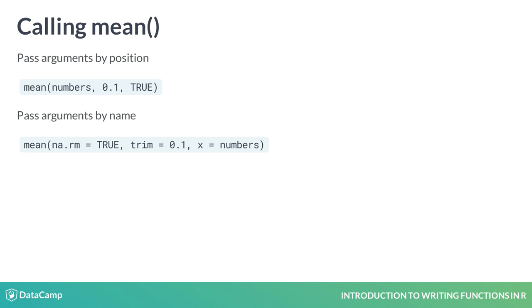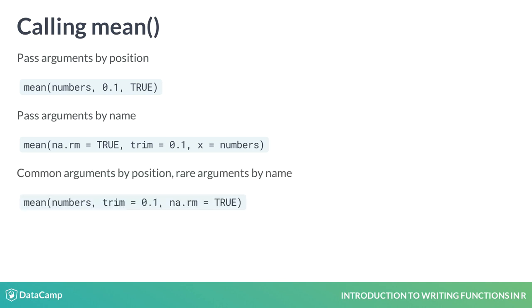Secondly, you can pass arguments by name. In this case, the order doesn't matter, though it's harder to read when the arguments are ordered unconventionally. Most code-style guides suggest a combination approach. Pass the arguments in the same order as the documents specify them, and provide names for rarer arguments, but not